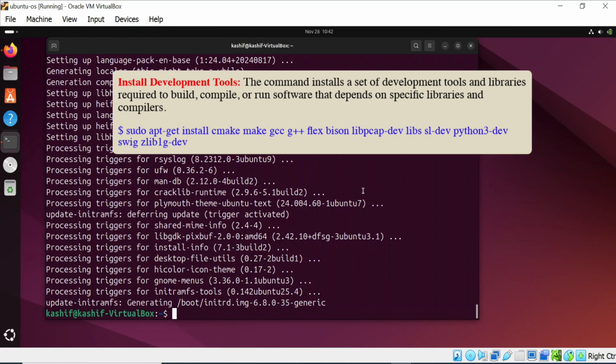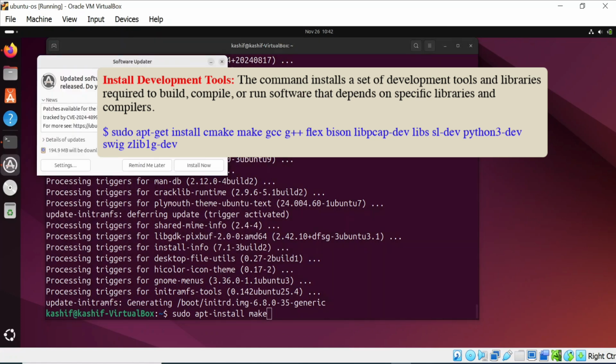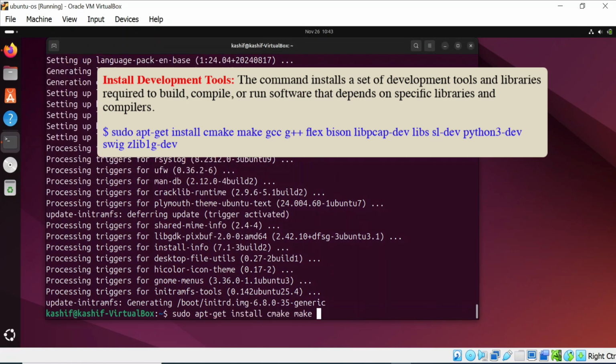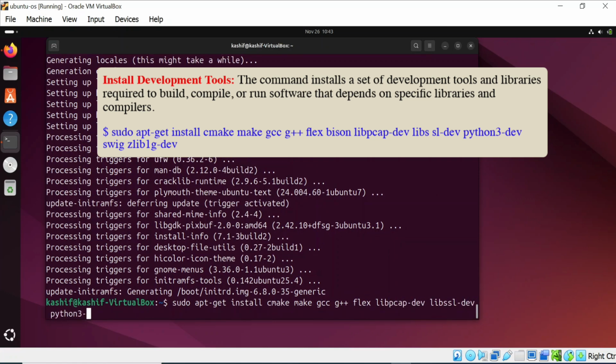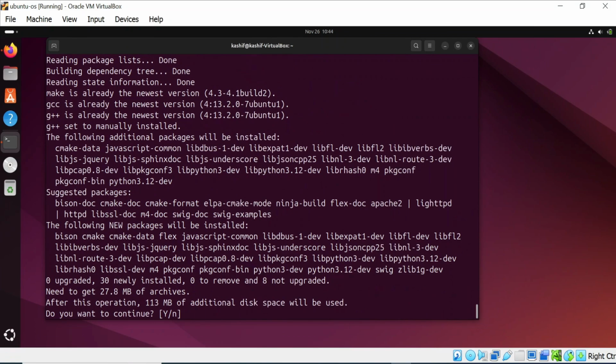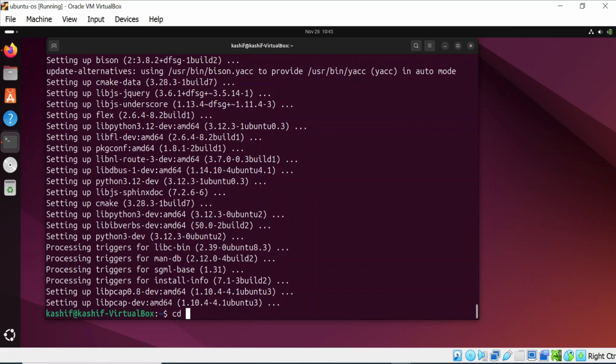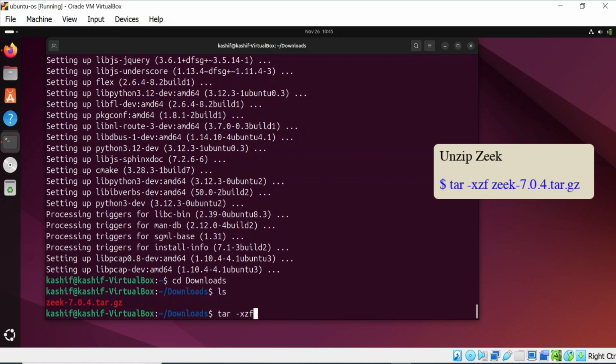Install the development tools by using this command. Unzip the Zeek folder.